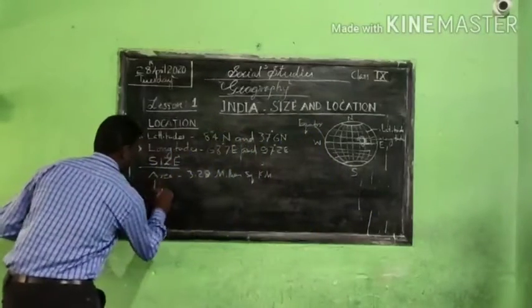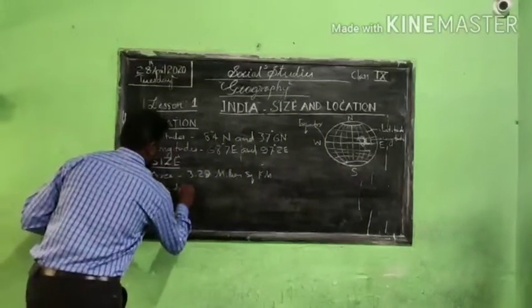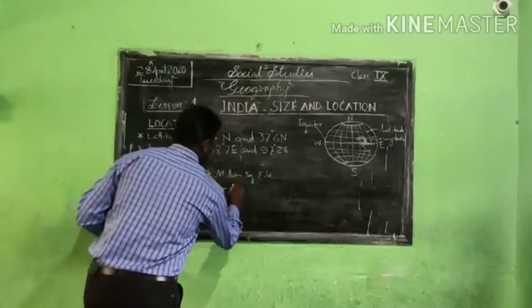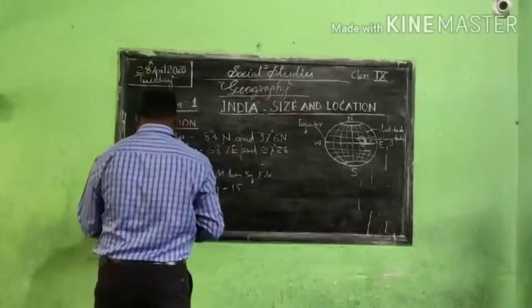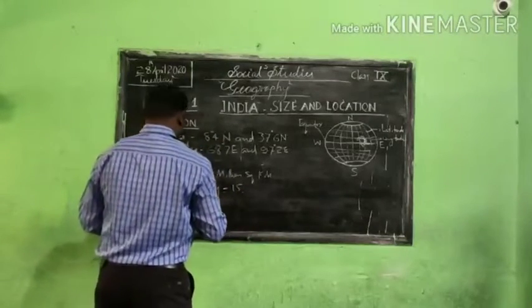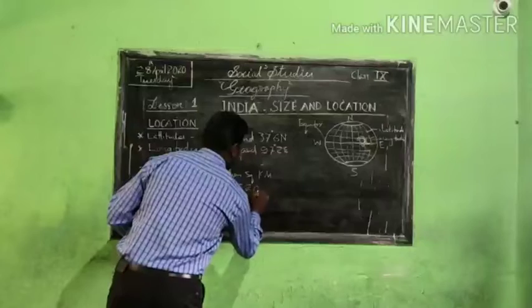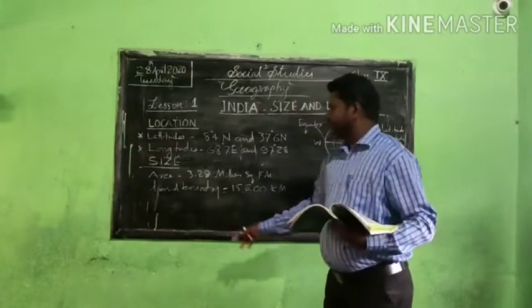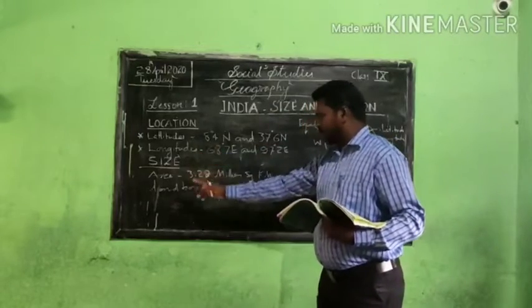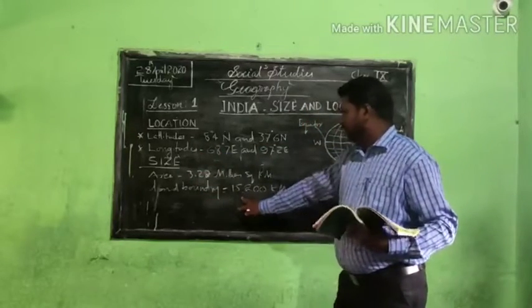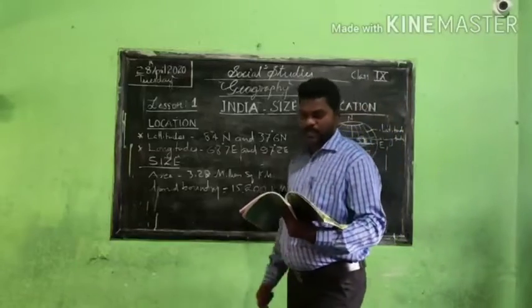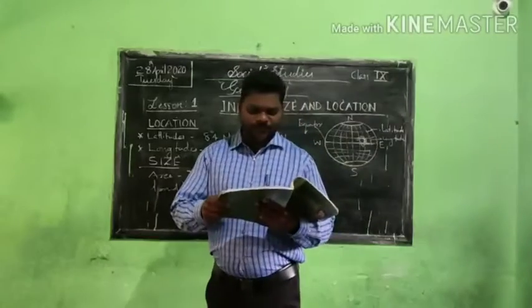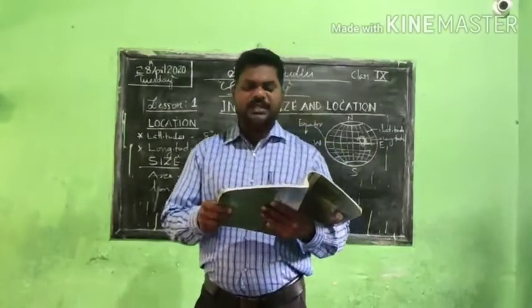Okay, the land boundary of India is 15,200 kilometers, and we can understand that the total, including the Andaman and Nicobar and Lakshadweep Islands,